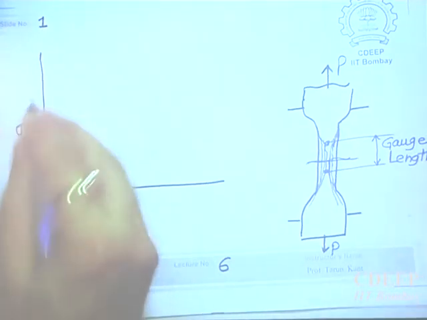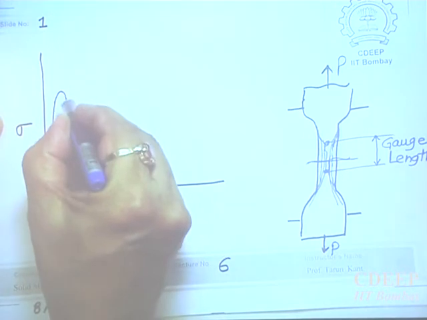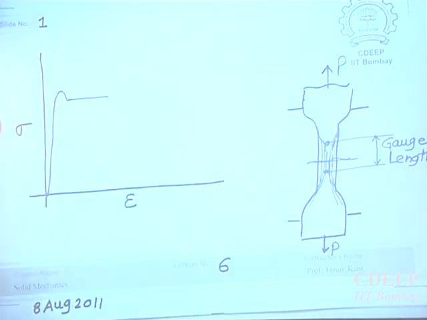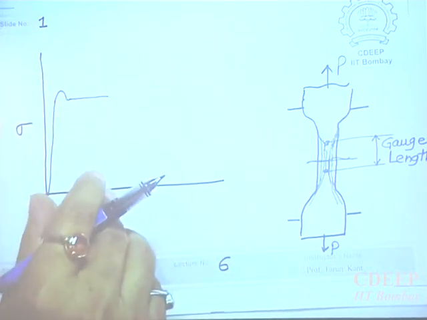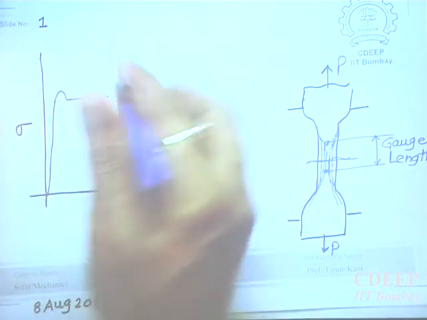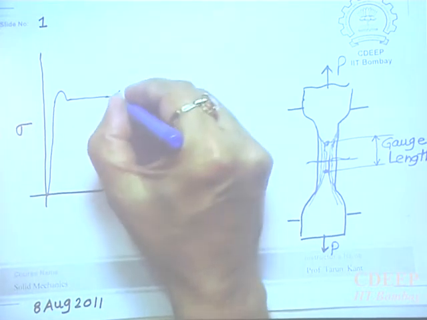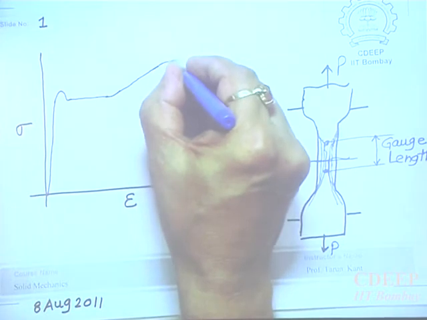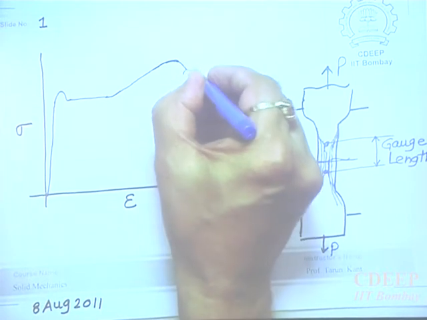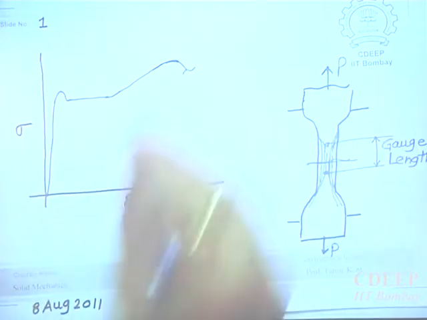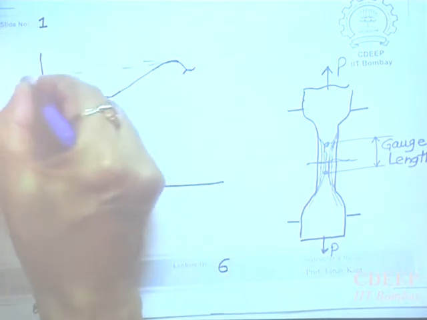So this diagram we drew, and then there is a change, there is a yielding zone. Yielding means at constant stress the material starts flowing, and then again the material hardens, so there is some increase, it goes up to a hump, the maximum ultimate stress, and then here it breaks. Suddenly there will be a thud, a sound, and the rod will break here. So this is called sigma u, ultimate.